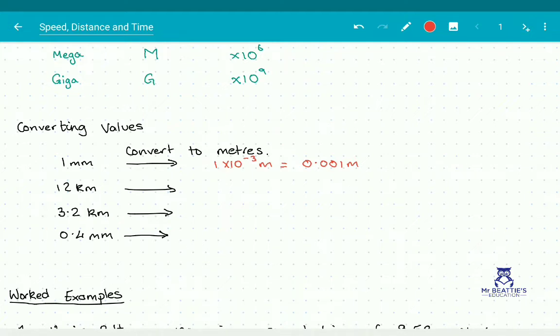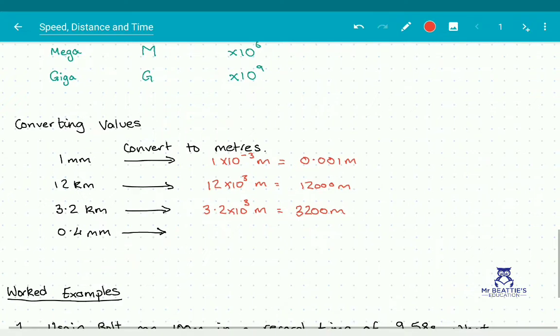Okay. If we were to convert 12 kilometers into meters, well, that would be 12 times 10 to the 3, because kilo is times 10 to the 3 meters, which is going to be 12,000 meters. 3.2 kilometers is going to be 3.2 times 10 to the power of 3 meters, which is going to come out as 3,200 meters. Okay, and 0.4 millimeters would be 0.4 times 10 to the minus 3 meters, which will equal